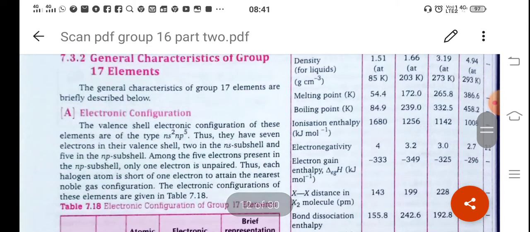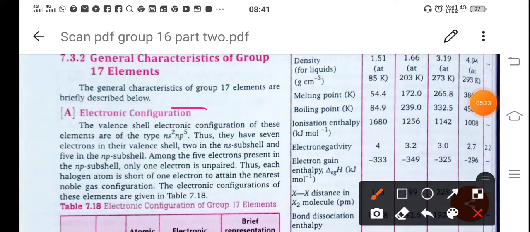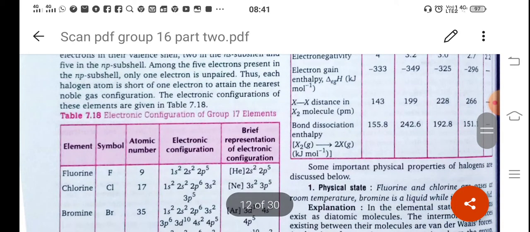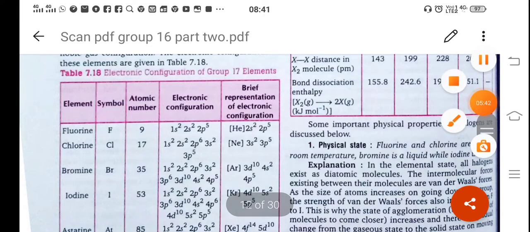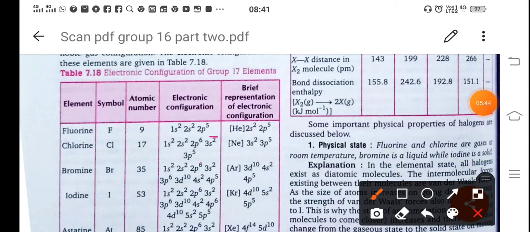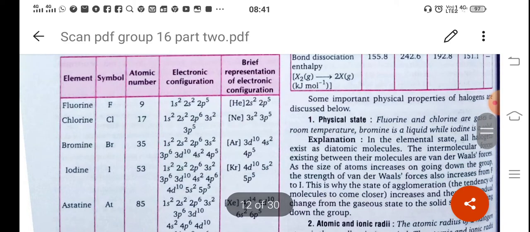Now coming to the general properties. The general electronic configuration of group 17 is ns2np5. Here also the last electron enters the p subshell, so they belong to the p block. Here we can see in all of them the p5 configuration: 2p5, 3p5, 4p5, 5p5 and so on. The last electron enters the p subshell, only the number of shells increases. Regarding the physical state of group 17 elements, fluorine and chlorine